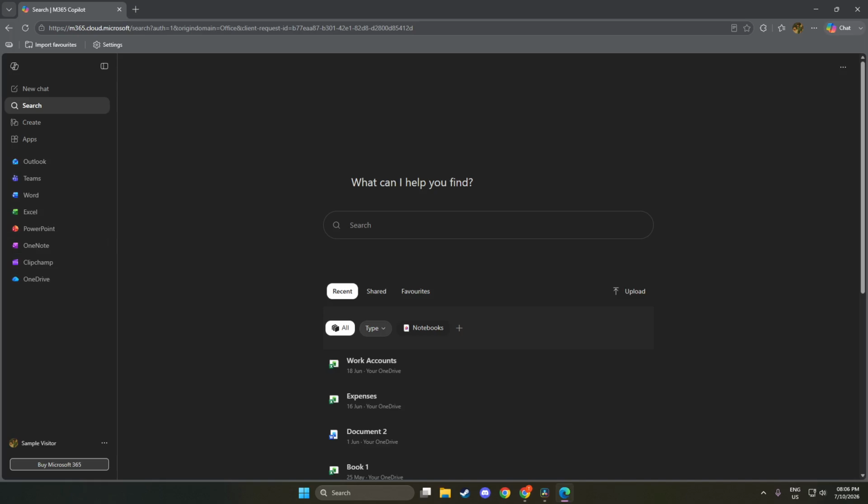Next, after you've opened a new window, you might want to switch to the window you want to change. This is crucial because it allows you to have multiple browsing sessions open at once. To do this, simply click on the Microsoft Edge icon located on your taskbar. This icon is usually pinned for quick access.